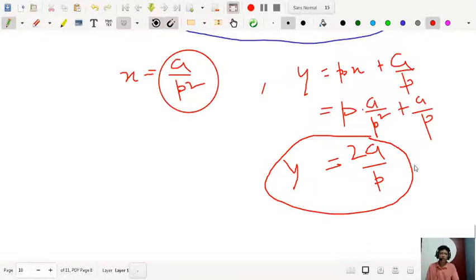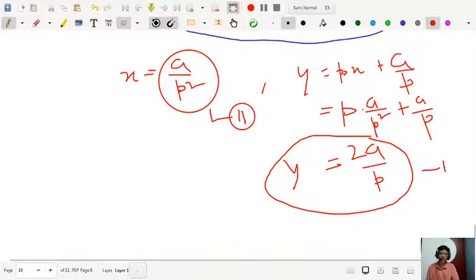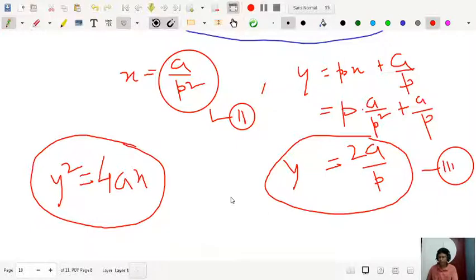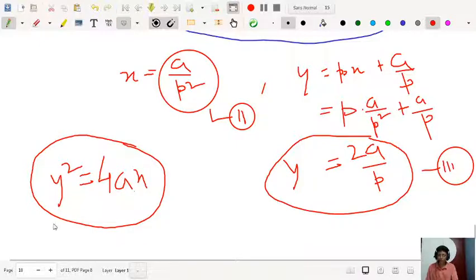Okay, so if you eliminate p between these two equations, that is 2 and 3, what do you have? Replacing p, you will have a parabola, y square is equal to 4ax. So this is a solution of the given equation, but not deducible from the general solution by giving a particular value of c. So it is the singular solution. Once again I repeat, this is your singular solution. Why is this a singular solution?